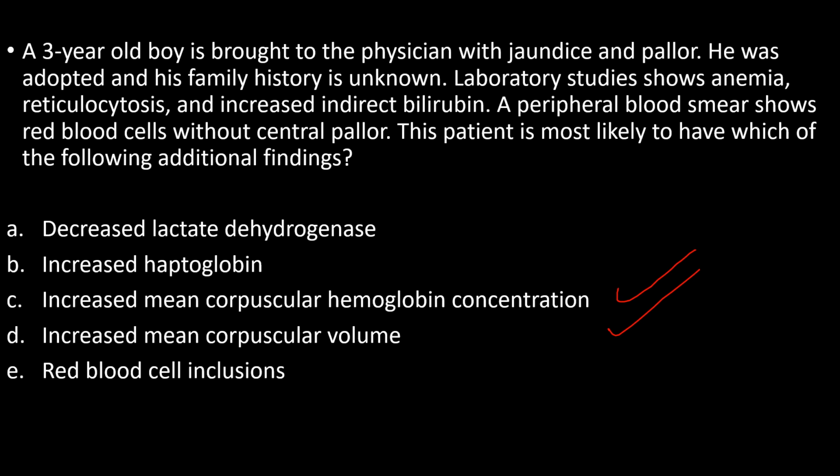The other options are inappropriate because lactate dehydrogenase is an enzyme which is present in RBCs. LDH will be elevated in any cause of hemolytic anemia and it will not be decreased. Next, haptoglobin is an acute phase reactant that combines with free hemoglobin in the circulation to preserve body iron stores